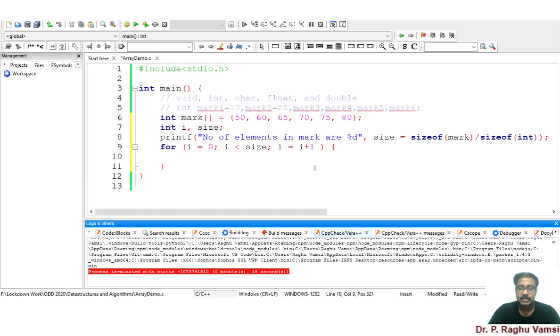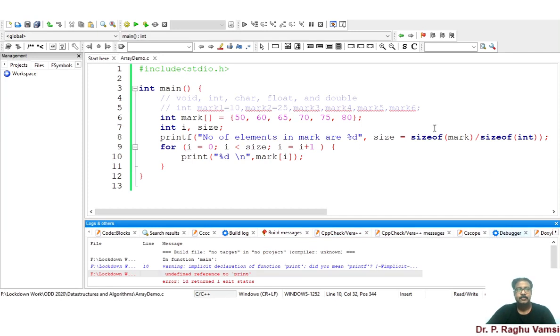So now what I do is printf. Within double quotes, %d \n, comma mark of i. So it will print the elements that are available in the mark. Now we'll run this.